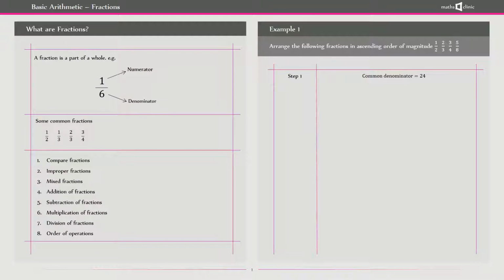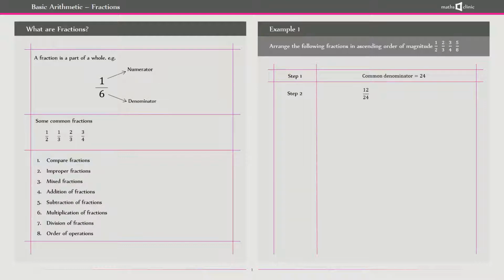24 can be divided by 2, you'd have 12. 24 can be divided by 3, you'd have 8. 24 can be divided by 4, you'd have 6. And 24 can be divided by 8, you'd have 3. Okay, so you find a common denominator. And then the next thing you want to do, step 2,